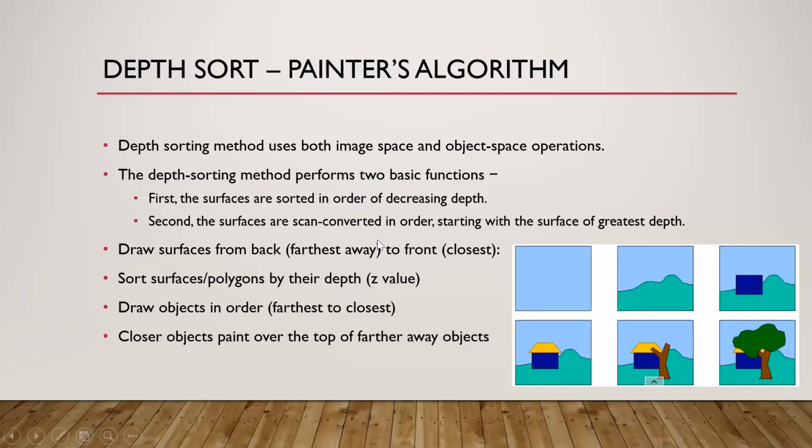That means the pixel which is far away is painted first, and then overlapping painting is done. The disadvantage, as you see, is that you have to repeatedly go on coloring, instead of choosing a single color if the object is going to be overlapped by other objects. Clear? So that is the depth sort algorithm.